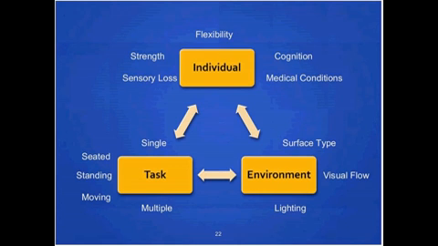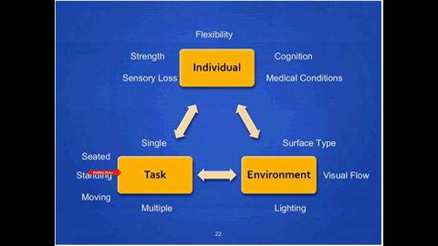So here again, as we come back to the constraints-led approach, we see this interaction between the individual, the task, and the environment. So we've talked a little bit about sensory orientation, and if we come over to our first box, our individual box, we see that the capabilities of the individual in terms of their flexibility, their strength, their medical conditions that may be contributing to some of their postural control issues, their level of cognition, and whether or not they have profound sensory loss is going to influence how they respond